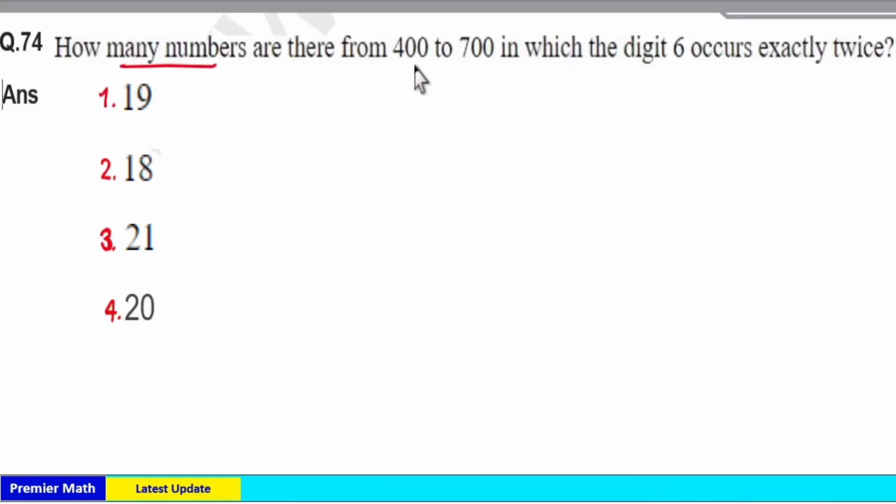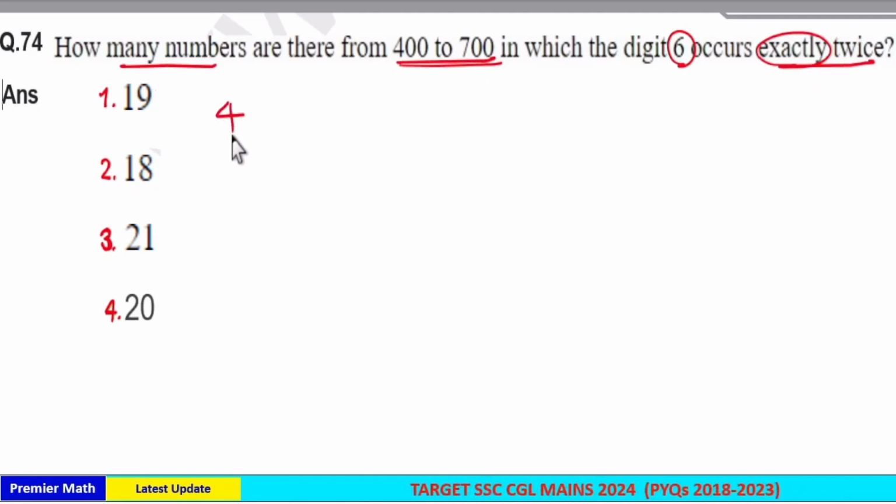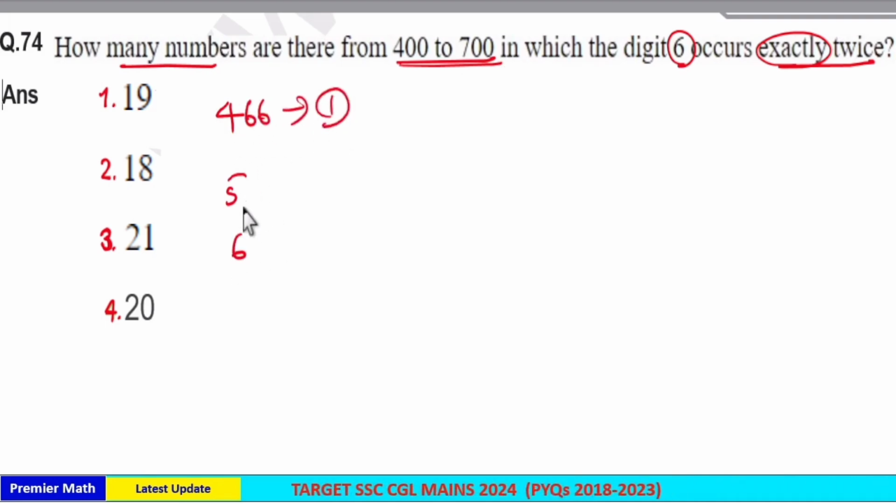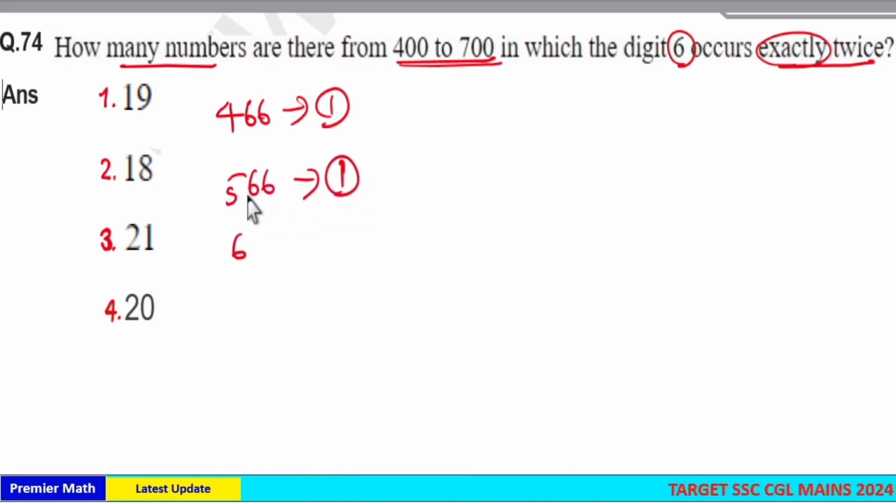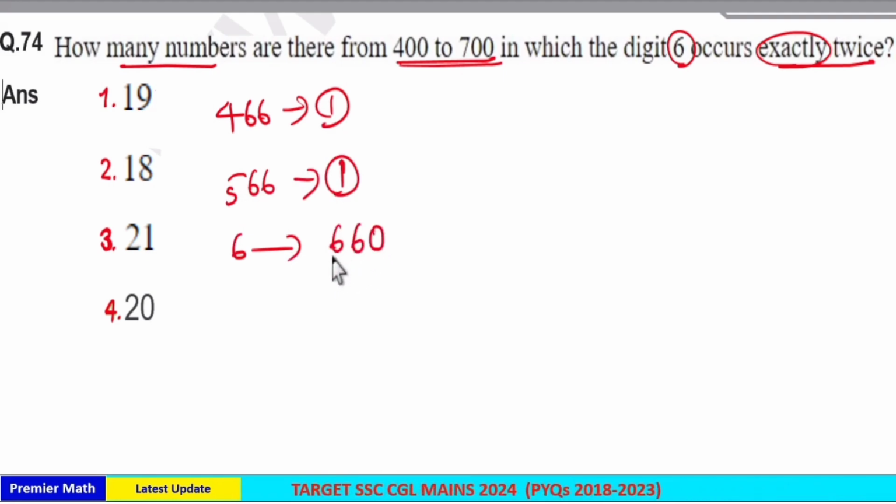How many numbers are there from 400 to 700 in which digit 6 occurs exactly twice? So from 400 to 700 means first digit should be 4, 5 or 6. If it starts with 4, only one number is possible, that is 466. If it starts with 5, only one number is possible, that is 566. Now if it starts with 6, many numbers are possible. Consider first two digits are 6. Then from 660 to